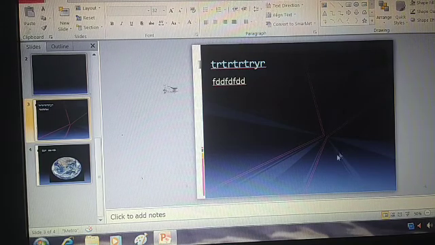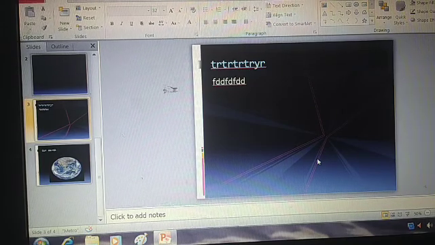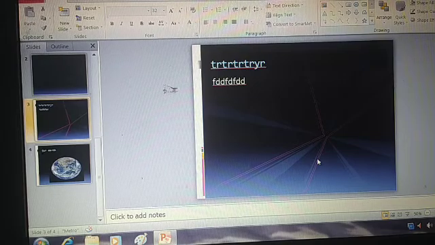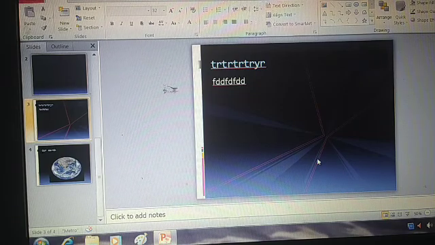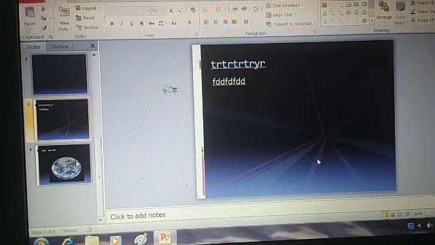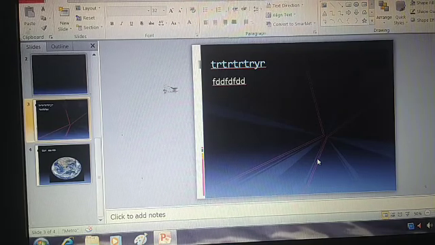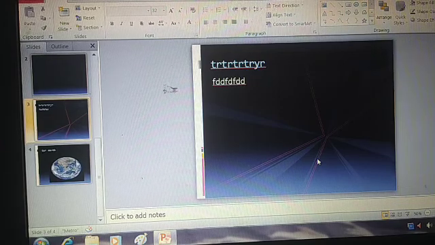Themes will provide you background colors, fonts, font style, font size. You have to type and insert pictures, and type your content.